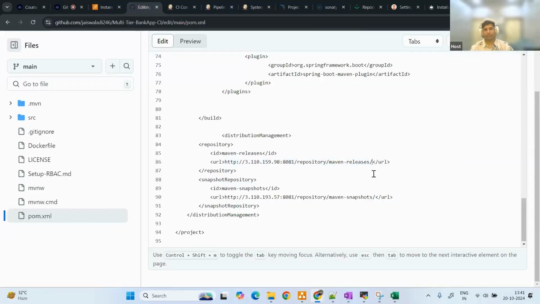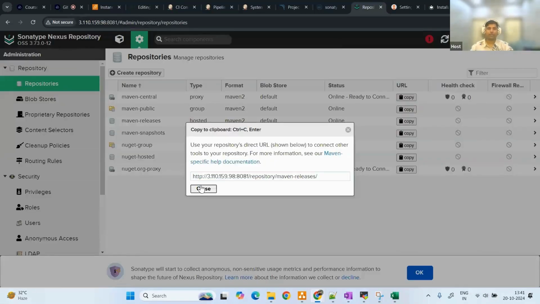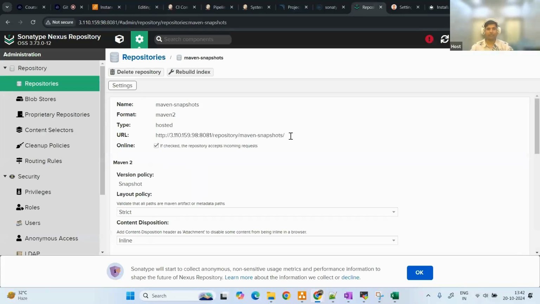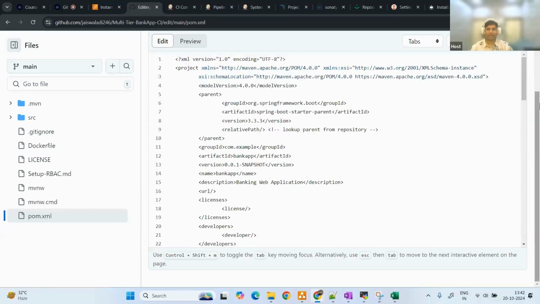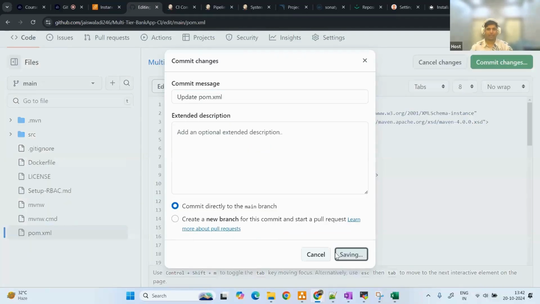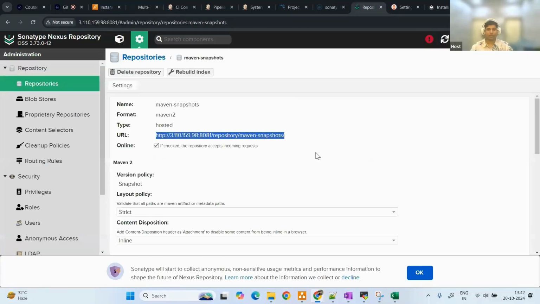Okay, after that we are going to add it for snapshot also. So for snapshot, click on this and you can get the URL here as well. I'll just copy this and paste it here. Okay. So both URLs are added. Now credential is pending, right? So I'll save this. I'll commit these changes. Go to here. Now,